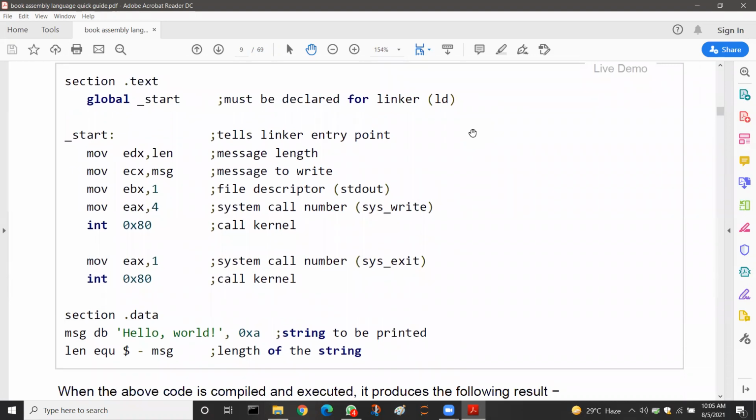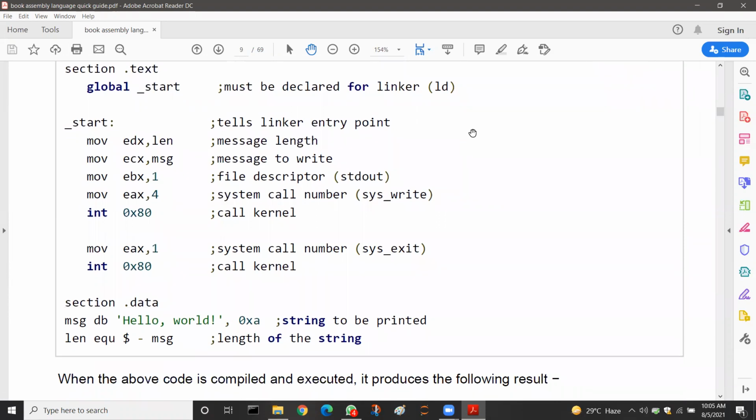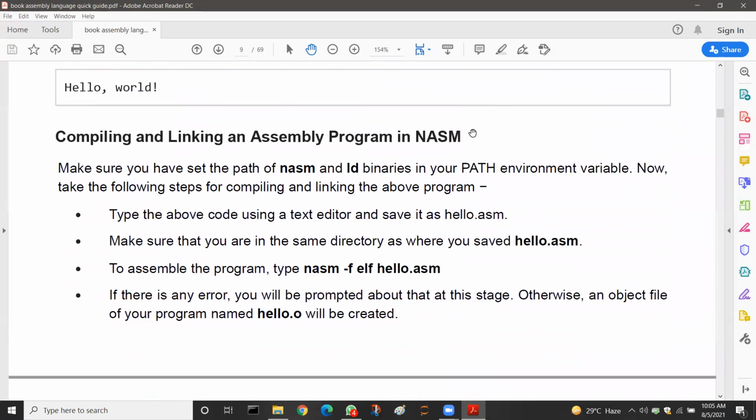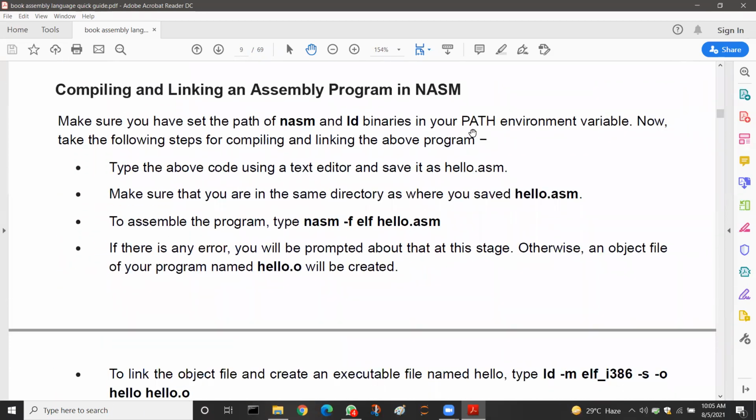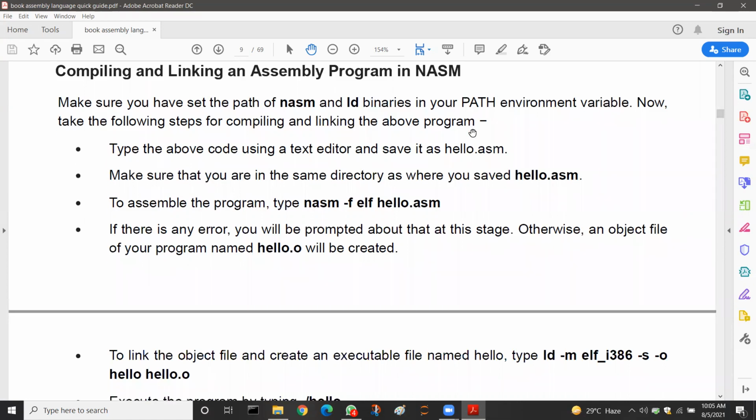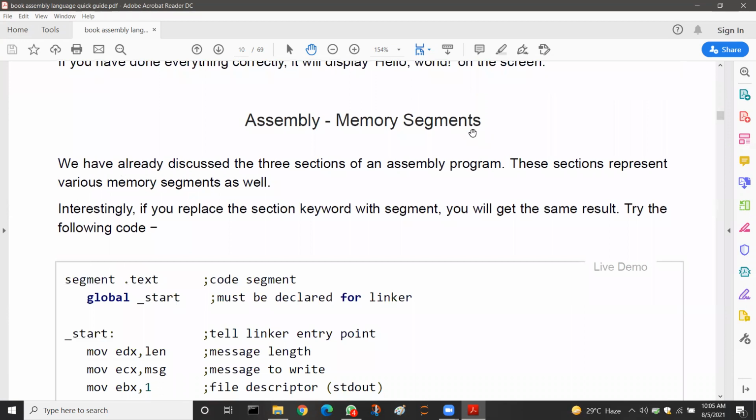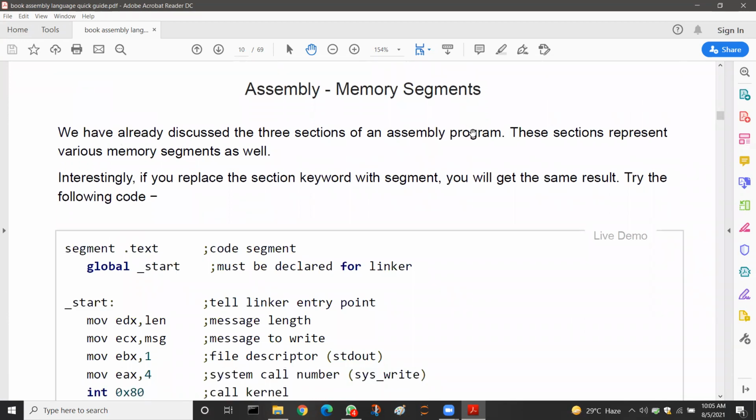इसकी कोडिंग सीखी थी, इसमें कुछ चीज़ें मॉडिफाई करके देखी थी और कुछ एरर एंड ट्रायल से हमने एक दो एरर्स भी प्रोग्राम में रिमूव करके देखे थे। और चूँकि हम ऑनलाइन वेबसाइट यूज़ कर रहे हैं और इसी तरीके से जो सेटअप है उसमें भी हम एक इंटीग्रेटेड डेवलपमेंट एनवायरनमेंट, आईडीई यूज़ कर रहे हैं जो कि SASM के नाम से है। लिहाजा हम अगर चाहें तो इस पार्ट को स्किप कर सकते हैं क्योंकि ये सेटअप ऑलरेडी हमारे पास मौजूद है और आज का टॉपिक हम मेमोरी सेगमेंट से शुरू करेंगे। इस गाइड को हम फॉलो कर रहे हैं अपने इस सब्जेक्ट में।